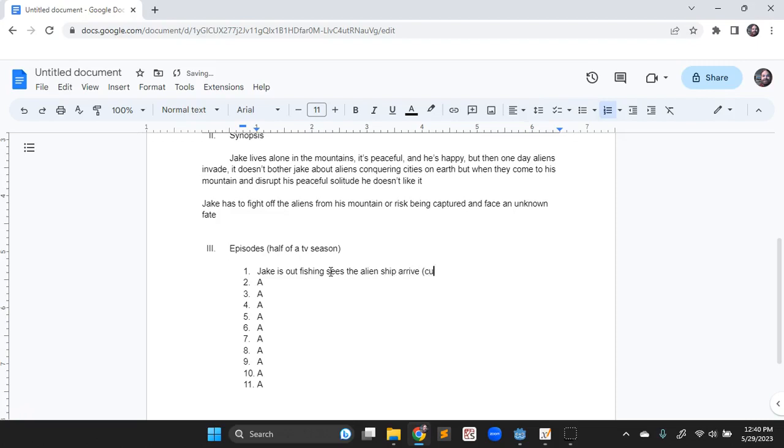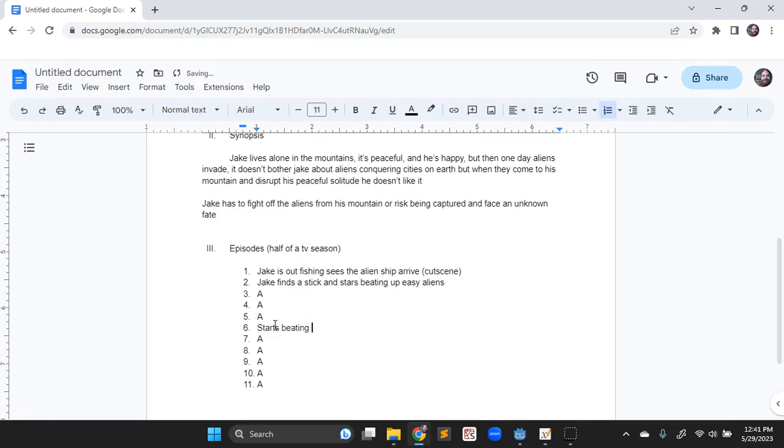So this will happen as a cutscene. Then Jake finds a stick and starts beating up easy aliens. And that'll go on for a while, and somewhere down here